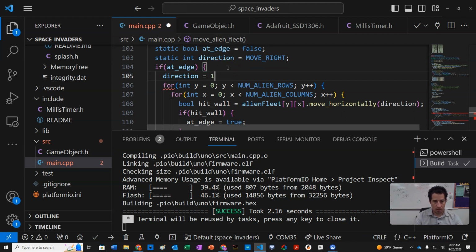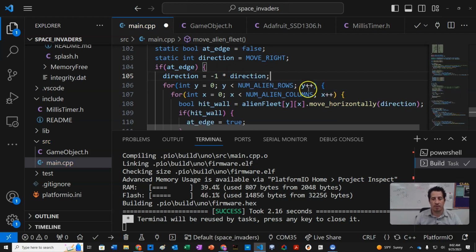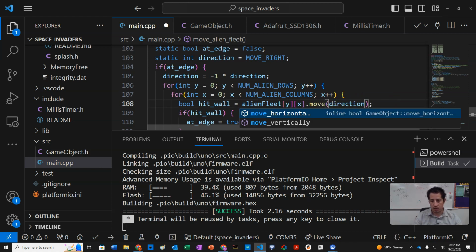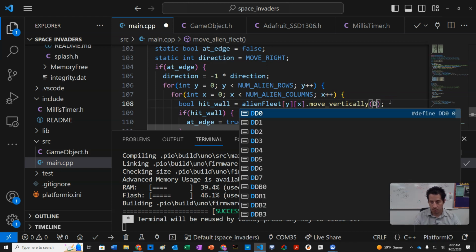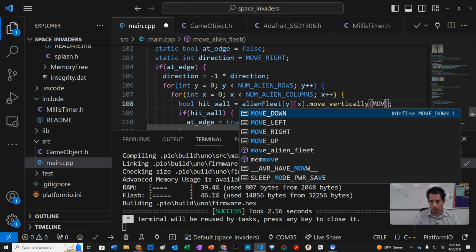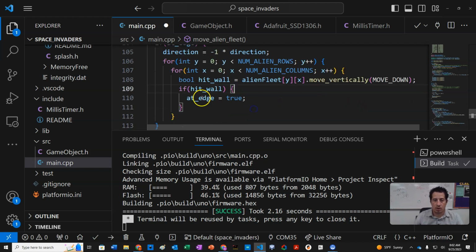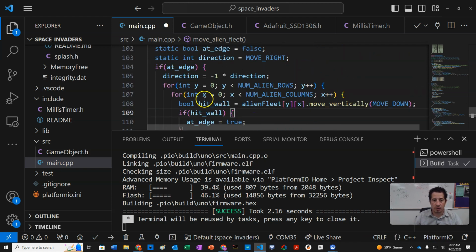Direction equals -1 times direction. Okay, so it switches the other way. And then we're going to move vertically here to put it down 1 row. Move vertically, and the direction will be move down. Okay, and then if we hit the wall there,